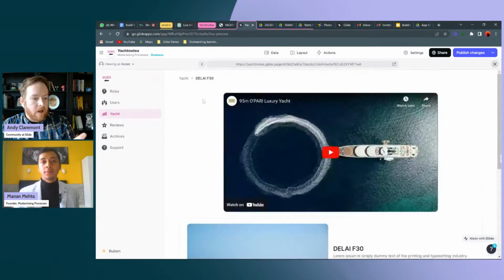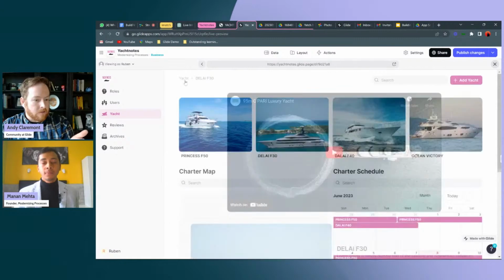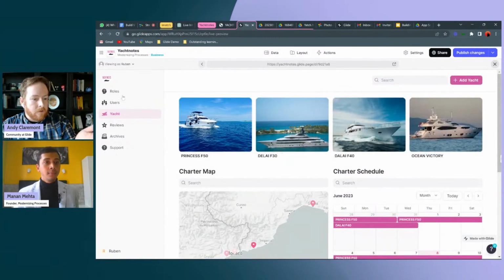And so with the iconography that you have on the side, those different icons, where are those icons from? These are also from the Glide internal. Glide has an icon library. We have used those.